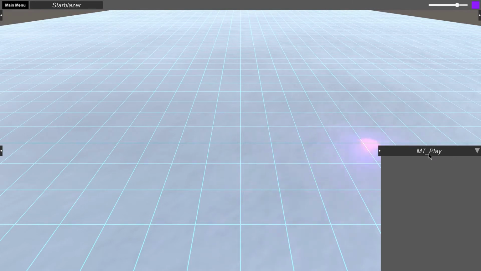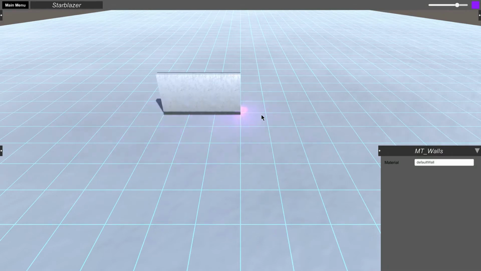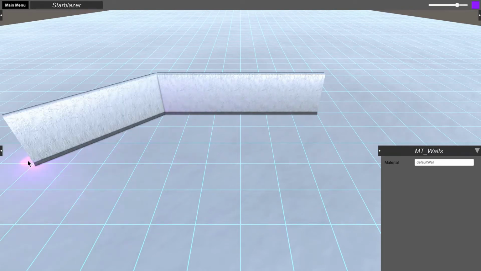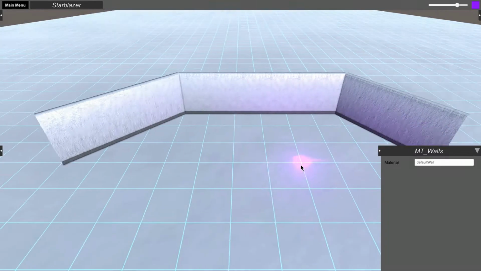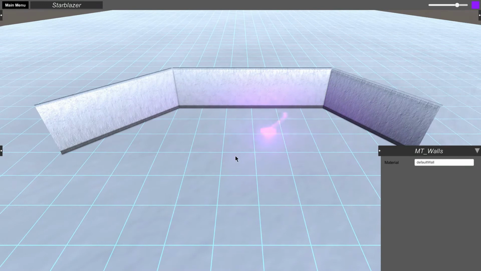For now, let's switch over to my favorite tool, the wall tool. So let's use the snapping features here and make ourselves a little wall. Nice 45-degree angles there. And once you set them down, once you stop holding them, they pop up for other people who are connected